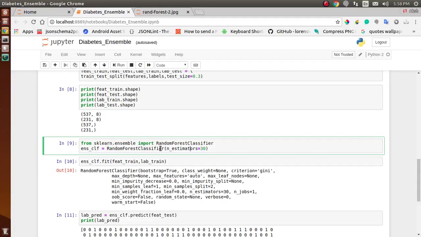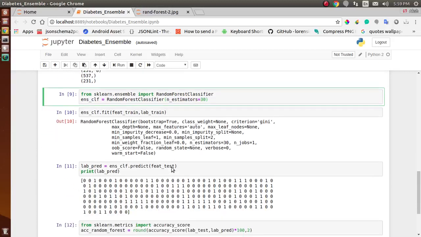We discussed before how trees are formed in random forest. So n_estimators 30 basically means we are building 30 trees, and we will select a tree from those 30 trees. Whichever one gives us a better result, we will select that particular tree.